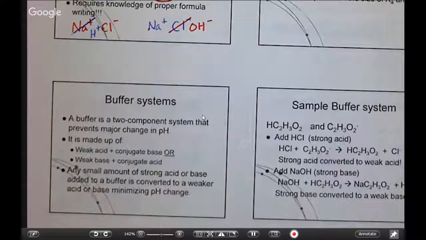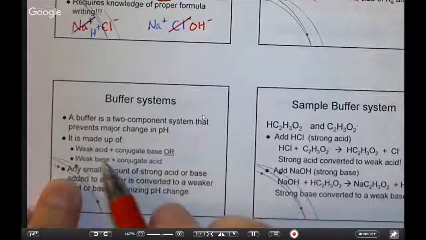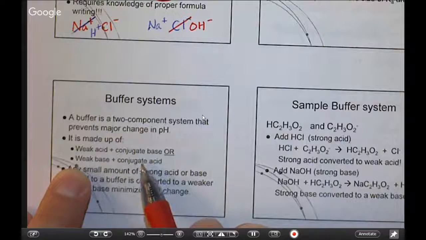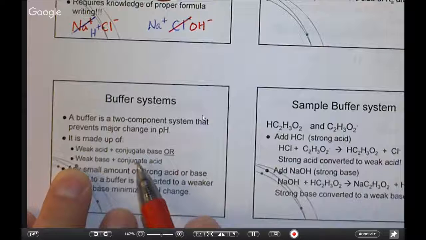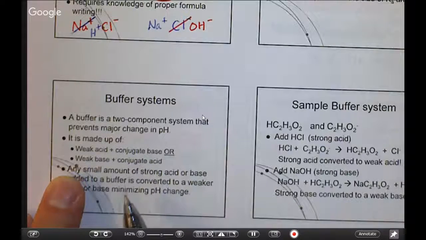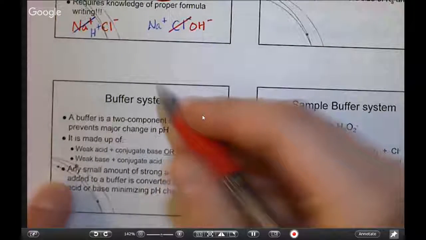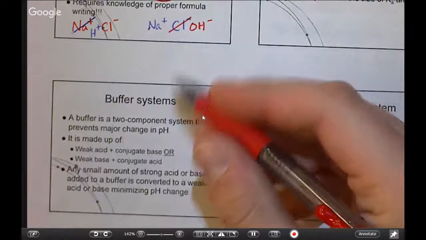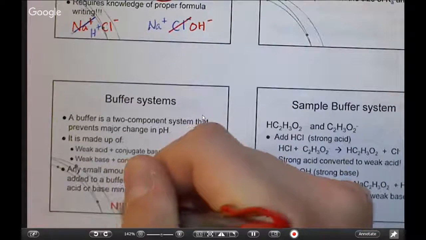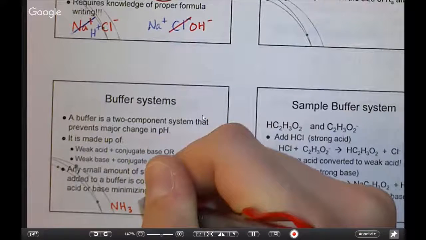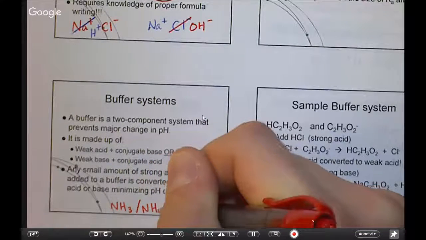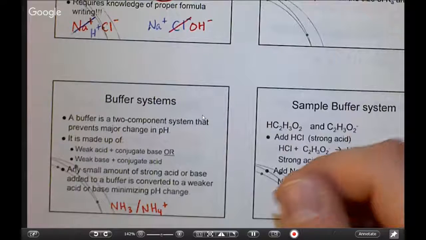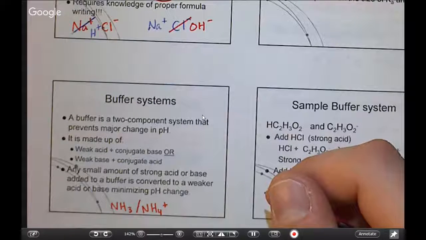So what is a buffer made up of? Well, it's going to be made up of a weak acid and conjugate base, or a weak base and its conjugate acid. Okay, so some examples you might see, for example, a weak base like ammonia with its conjugate acid, ammonium. Okay, you might see it that way,